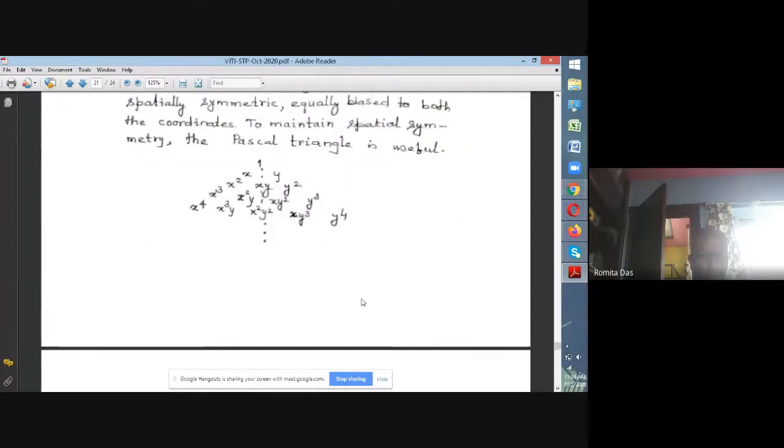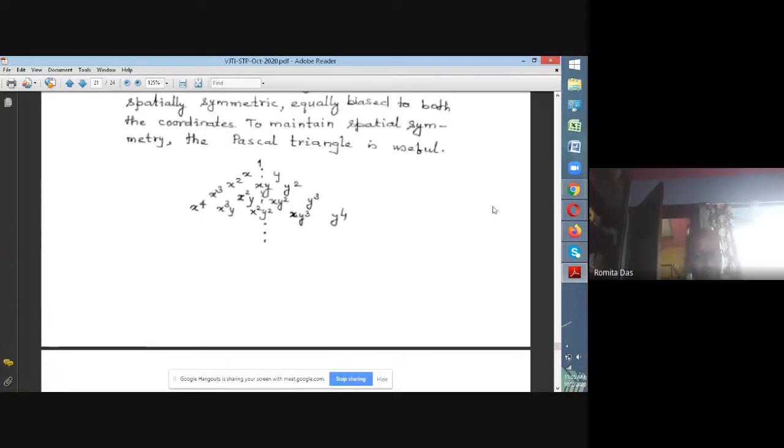So in order to do that, for higher order variation of the polynomial, this Pascal triangle is very useful. In this Pascal triangle, first is the constant term 1, then the linear terms in x and y in the second row, then the third row consists of x square, xy, y square, then the fourth row consists of x cube, x square y, xy square, y cube. When you select a term from the left of the triangle, you must select the corresponding term from the y side also, from the center line. This is the point you have to follow when writing the polynomial variation.